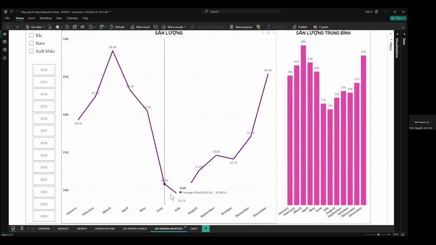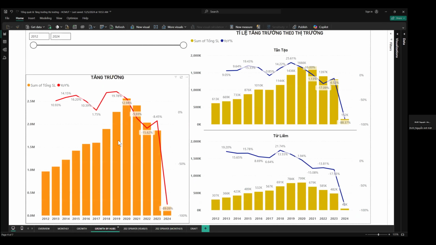So for the segment analysis, let's begin with the bar chart named tăng trưởng. Looking at the overall performance from 2012 to 2023, we can observe steady growth in total sale volume from 2012 to 2020, peaking at just above 2.5 million in 2020. However, a clear decline starts in 2021 with consecutive year-over-year (YOY) drops of